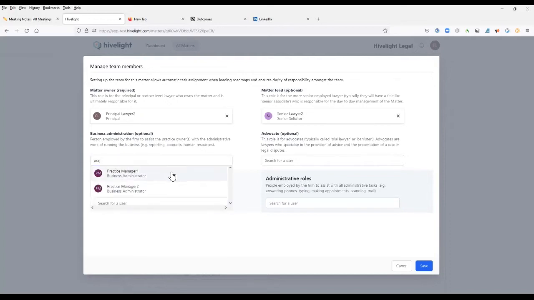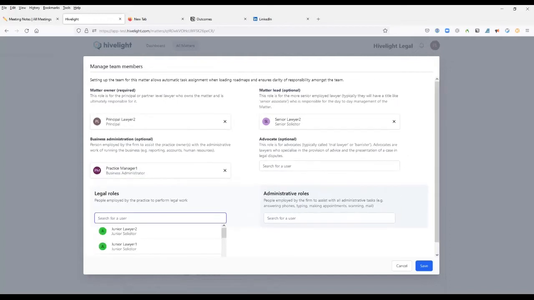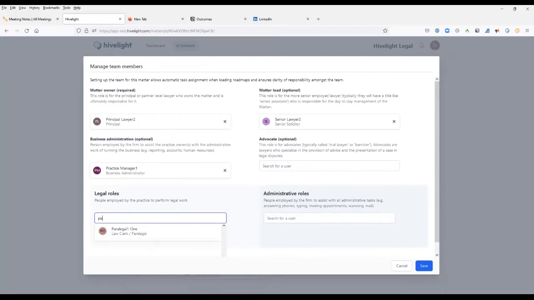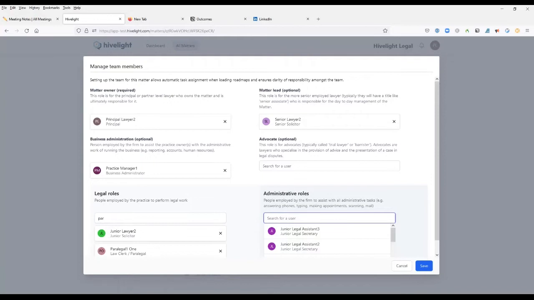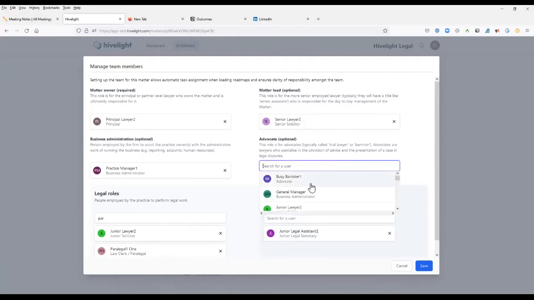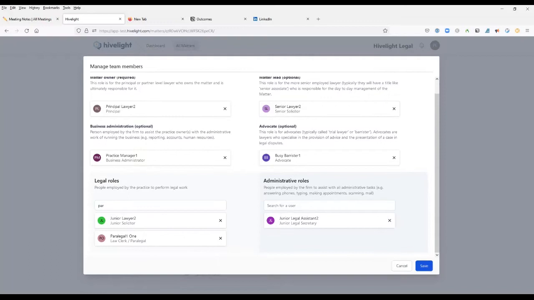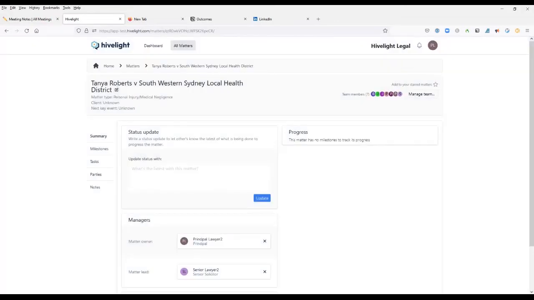So you can allocate your practice manager, your legal roles, your junior solicitors and paralegals, and then you can also add in the administrative roles. If it's litigated and you've invited a barrister to join on the matter, you can put them in as well. Then you just save that, and this will be ready now to power the auto allocation of tasks when you put a